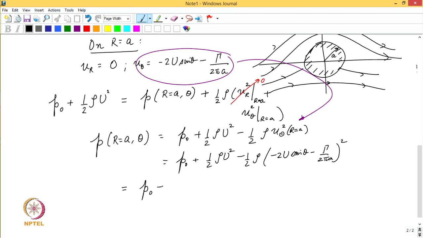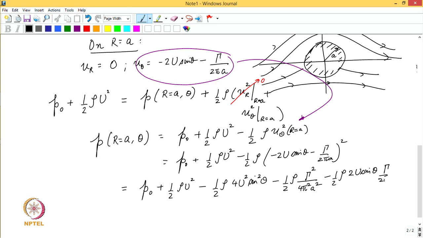So, what we will get is P naught plus half rho u square, we will have a minus 1 by 2 rho 4 u square sin square theta, then we will have minus half rho gamma square by 4 pi square a square, and then we will have minus half rho times 2 u sin theta times gamma by 2 pi a into 2,